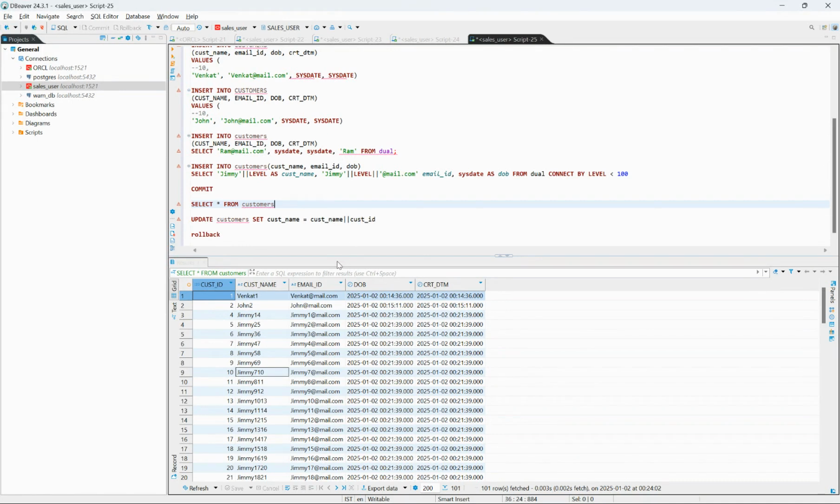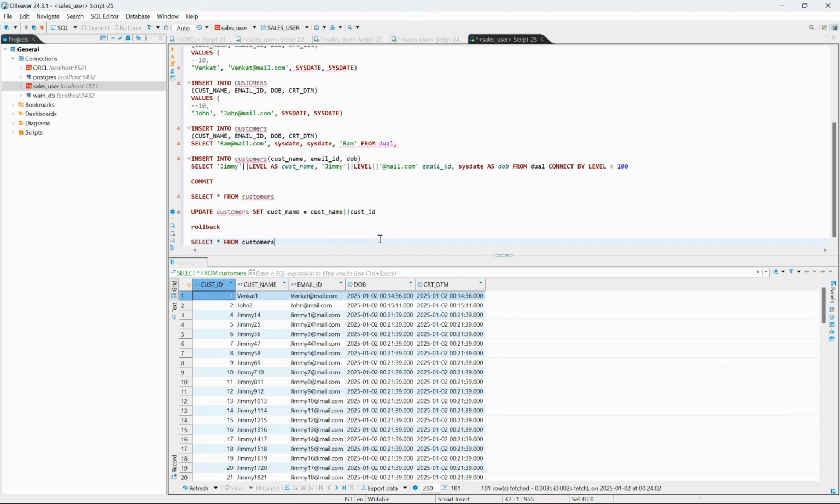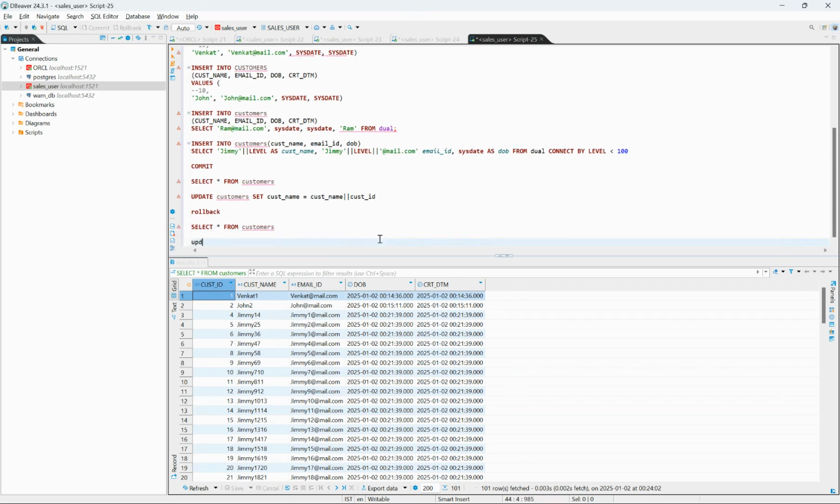All right. Now I have the email ID. I would like to change this email address based on the customer name. So how do I update it? And I want to do it only when the email ID is not starting with Jimmy, right? How do I do this? So what I can do is update customers set